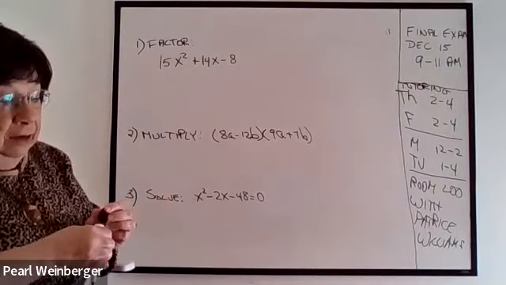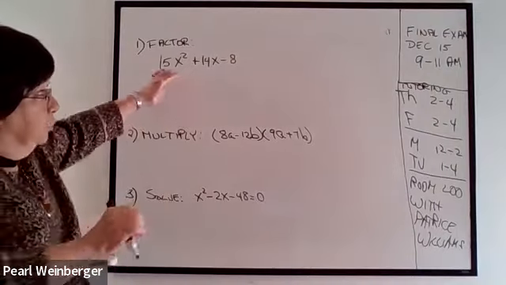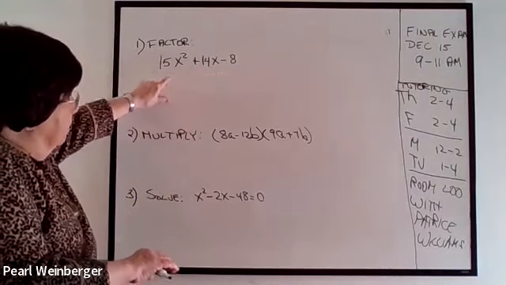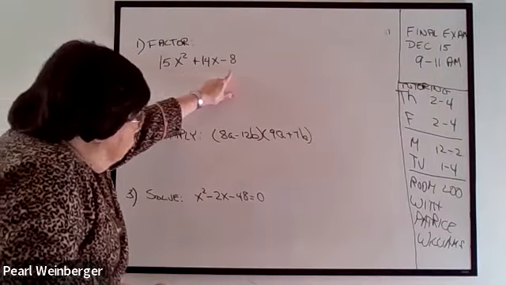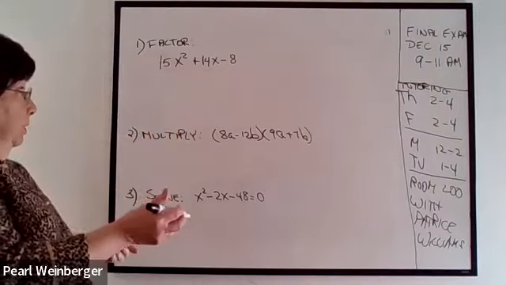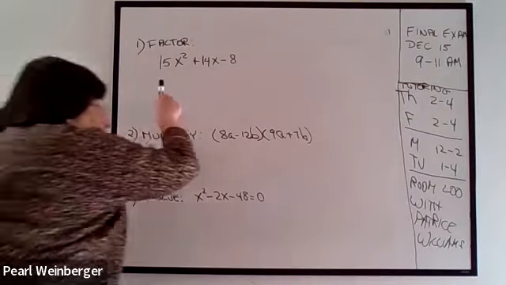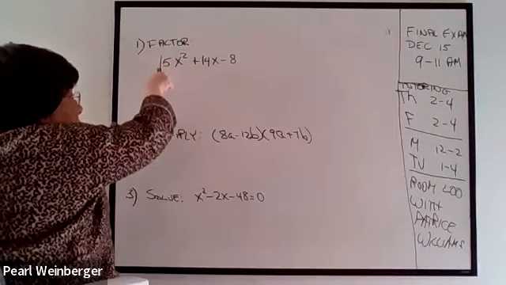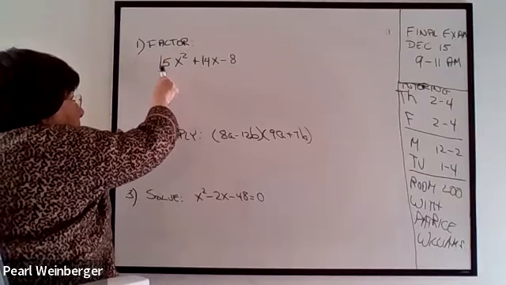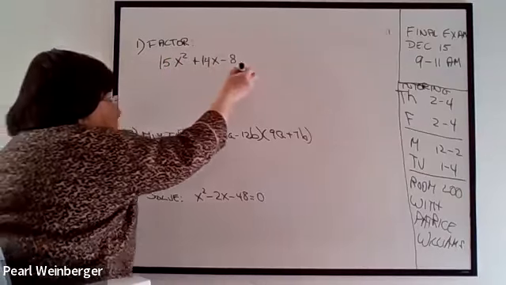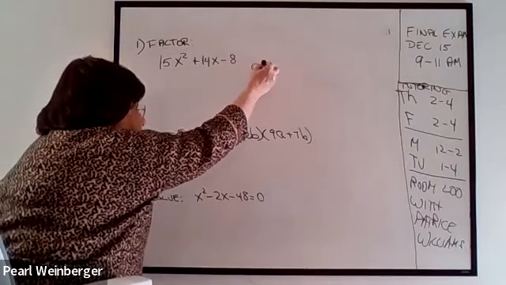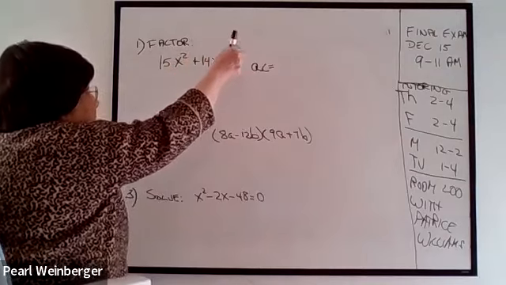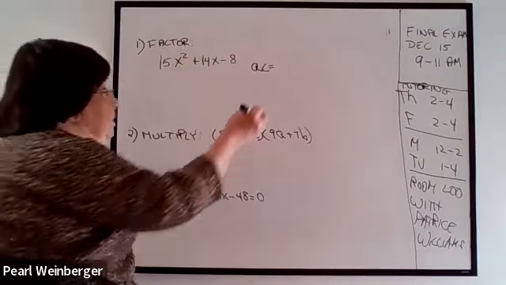Remember, when you're factoring a trinomial, three terms, the first thing you want to do is look if there is a common factor. Is there a number that goes through all of them? And there isn't one here. And since this x squared is starting with a number, there's a leading coefficient of 15, what we're going to use is what we call the AC method. We're going to multiply the 15 times the -8,